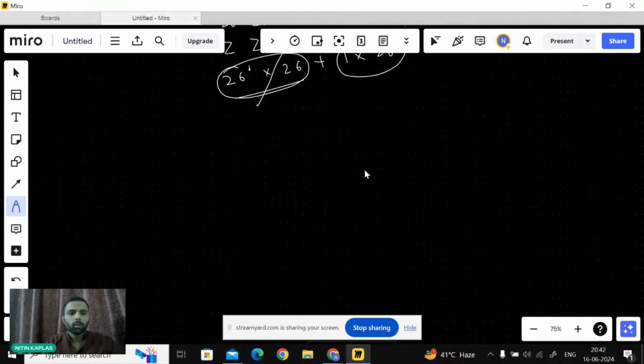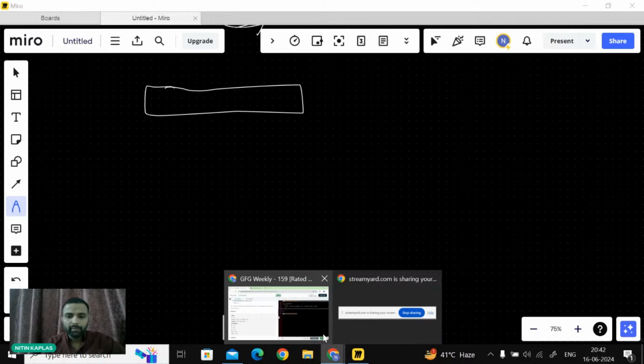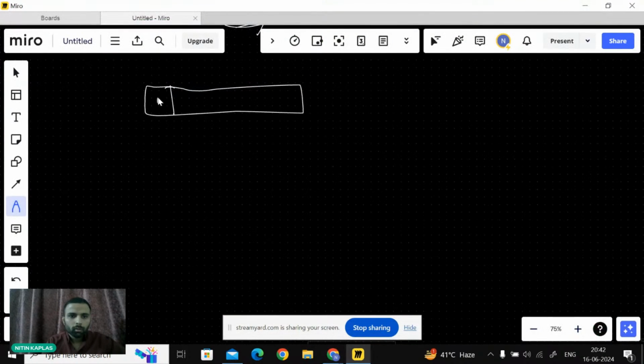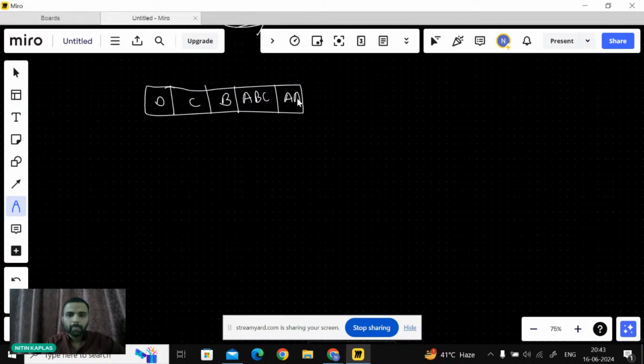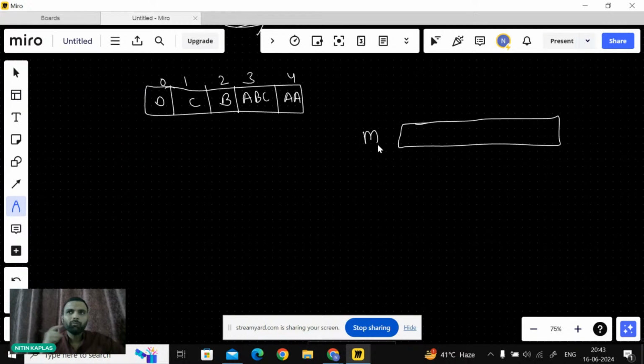To solve this question, let me create the same example: DCB, ABC and AA. If I create this like this, the first thing which came to my mind is that we are using a map, right? We have to use a map, because with the help of a map, I can segregate all the values based upon their size, right? So what's the size of the first string? It's 1. So I create key 1 and I add D into it. Now when I'm here, again the size is 1, right? I have the key 1, I just add C into it, right? Again I go forward, yeah, size is 1. So again I add that B into my